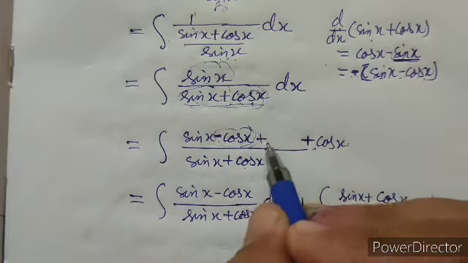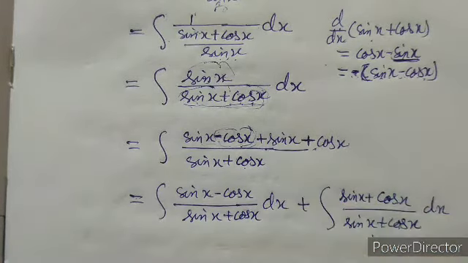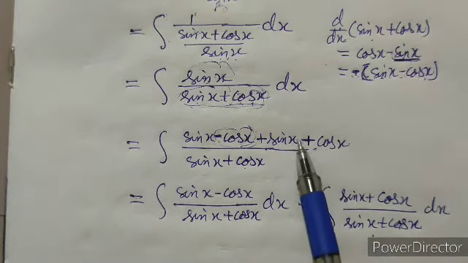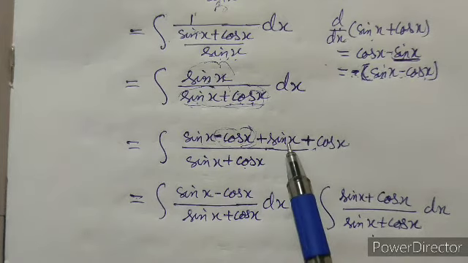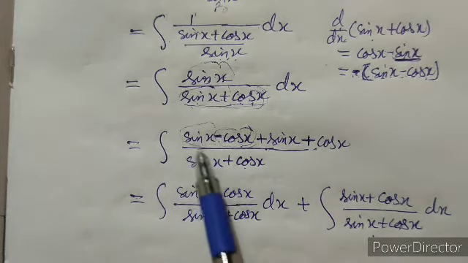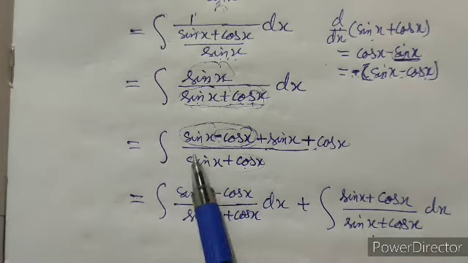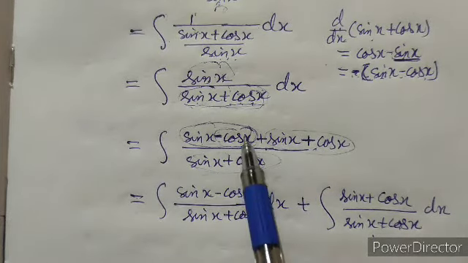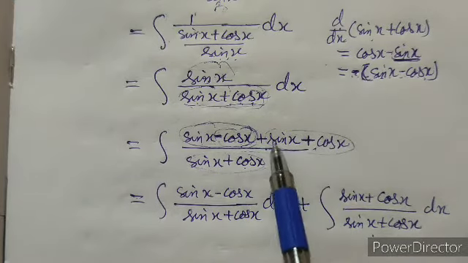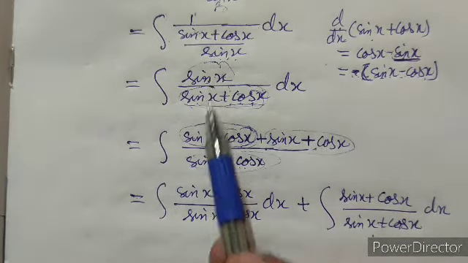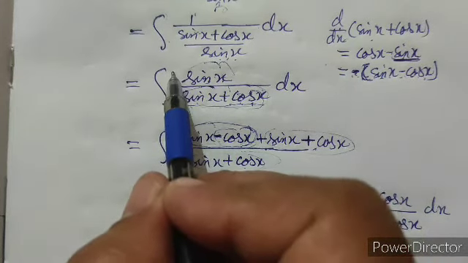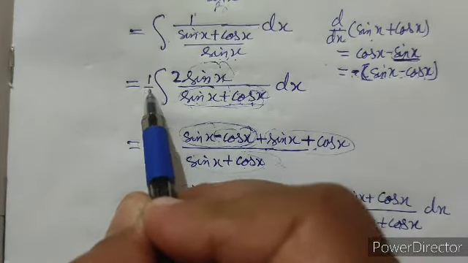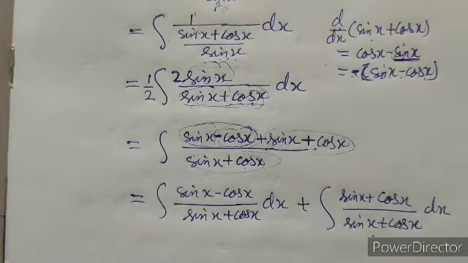So here we will add sin x to it so that it becomes equal to the denominator, sin x plus cos x. Now this part is the derivative of the denominator, and this part is equal to the denominator. But here as we see, now cos x will be eliminated. Now sin x plus sin x will be equal to 2 sin x. So this sin x can be converted into 2 sin x, and this 2 can be eliminated by dividing the